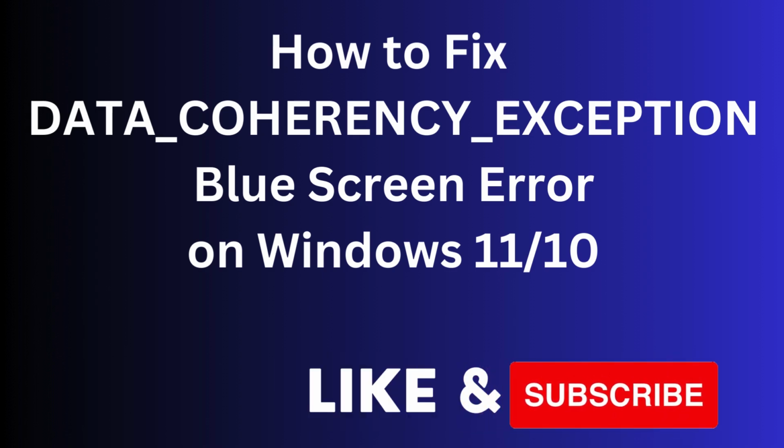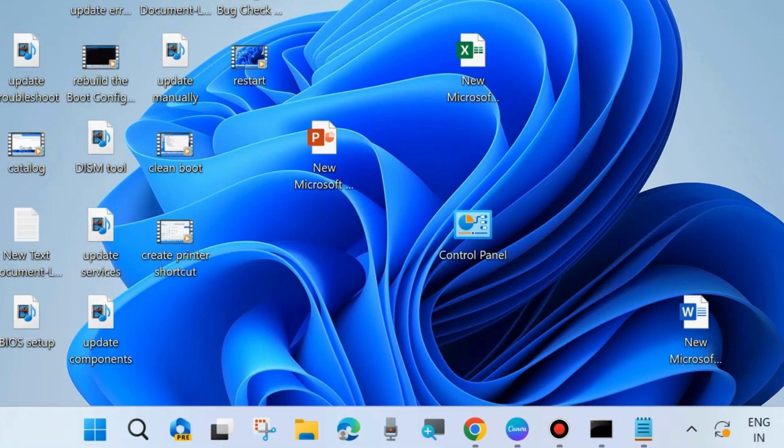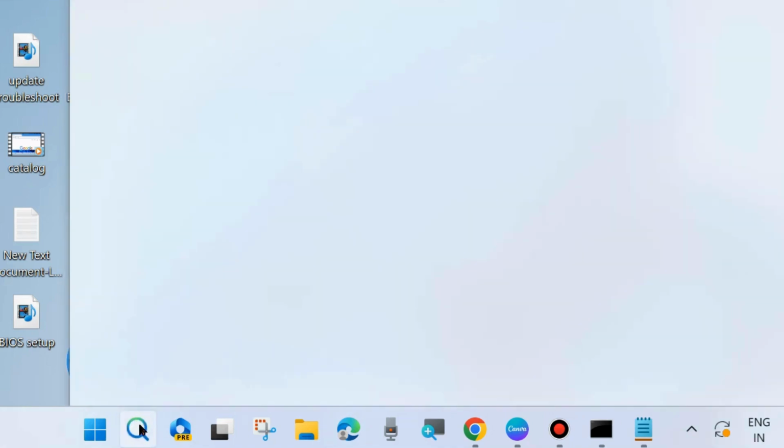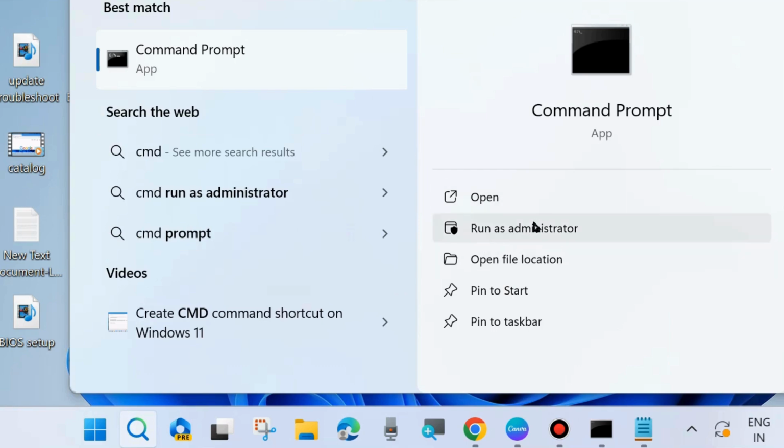How to fix data coherency exception blue screen error on Windows 11 and Windows 10. If you are also facing such type of blue screen of death BSOD error on your system, then here are the fixes. And the first workaround is go to Windows search and type CMD and open command prompt